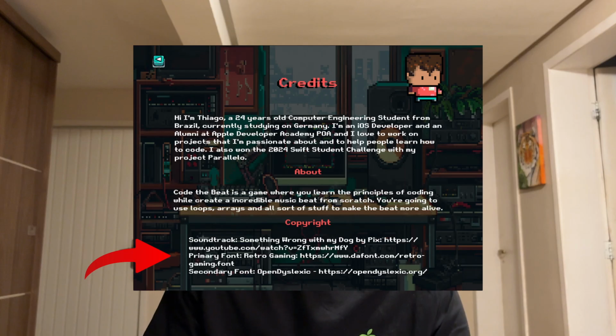You also need to think about the audio. Where are you gonna get your audio from? You can get free copyright-free audio files on YouTube or on the internet, and you just need to reference it in your app and in the submission texts. And of course, now you can use AI generated things. There's no way to catch, like, oh, this was made by AI. So just go for it.